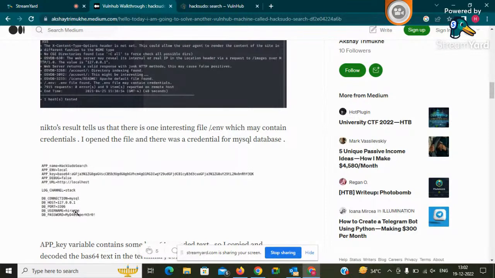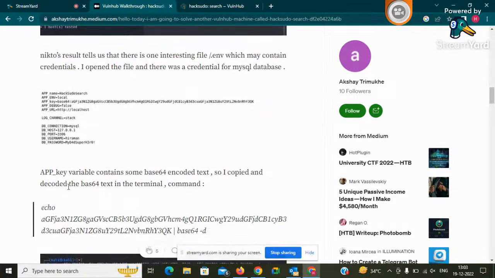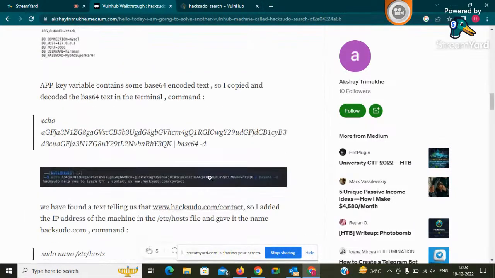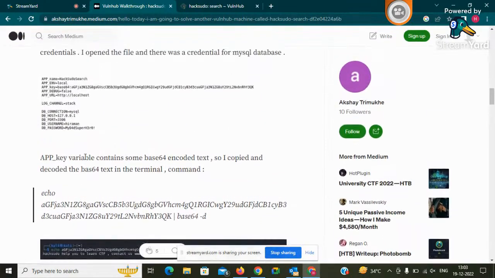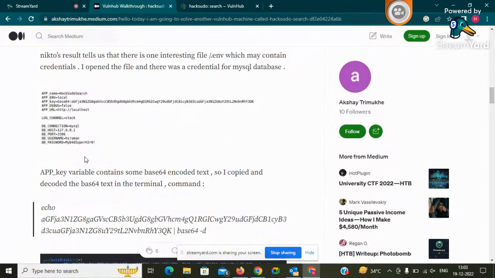So why not try this user and password for an SSH connection? The API key variable also contains some base64 encoded text. So I copy and decode this. Once he decoded it, he found another key in base64, Rohan. This key is also a hint. So if you decode this key,